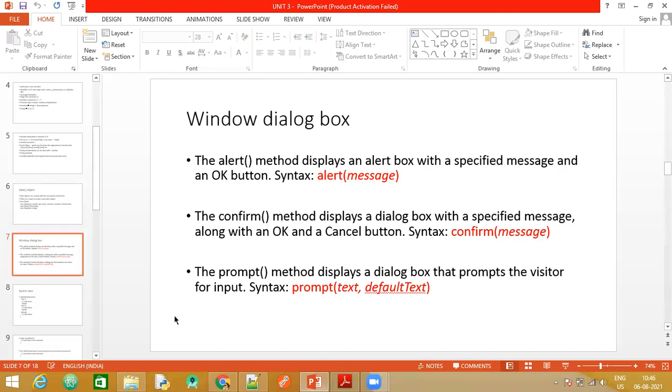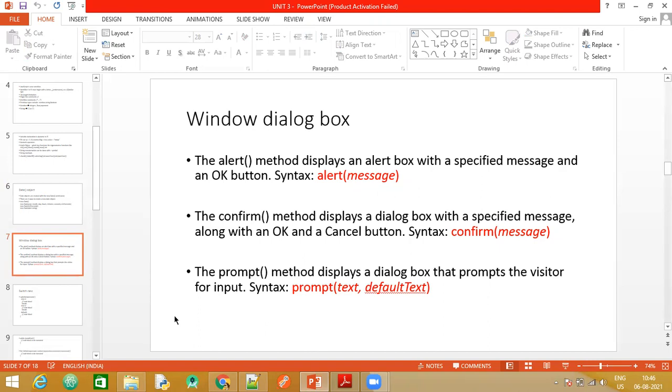Now we also have 3 different ways in which we can generate dialog boxes in JavaScript. Dialog boxes are basically those small pop-ups which come up with the OK button or the cancel button or both. So which are the 3 ways in which we can have the window dialog boxes? One is called alert, one is called confirm, and one is called prompt.